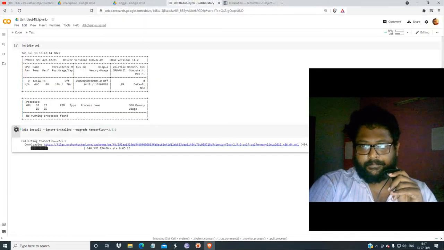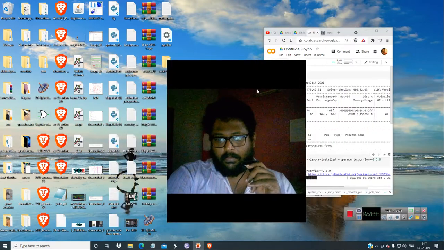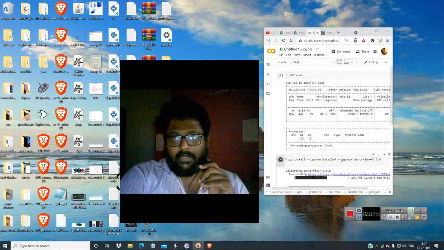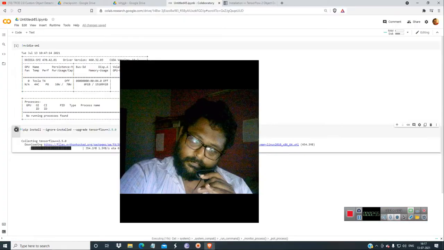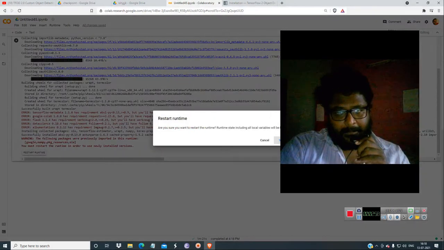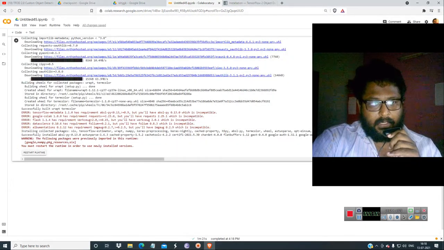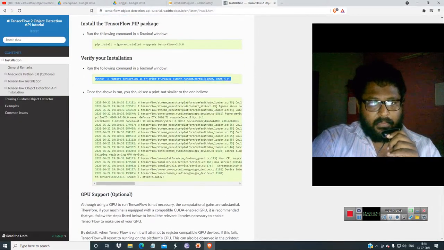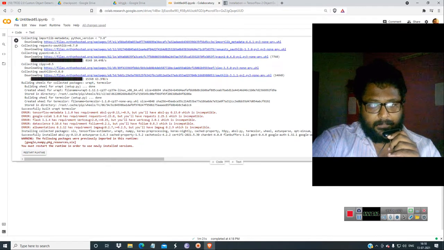This is not a very long procedure, it just seems like that. Don't factory reset it, just restart the runtime. Okay, now we have restarted the runtime, and we have to check with the code whether TensorFlow is installed correctly.